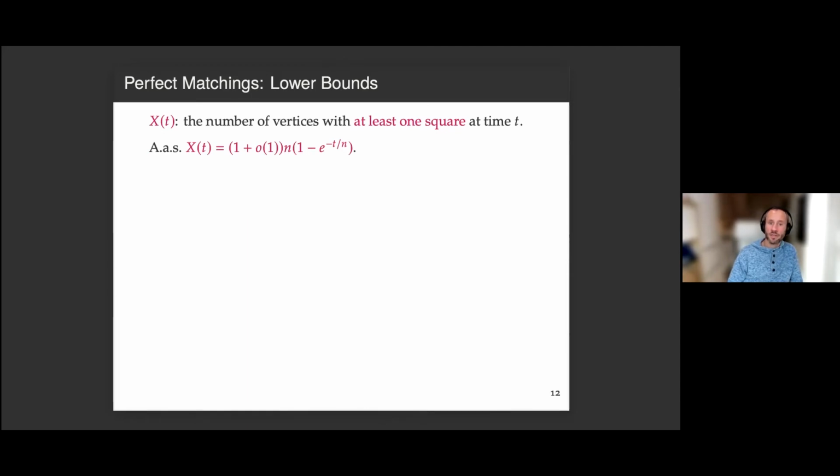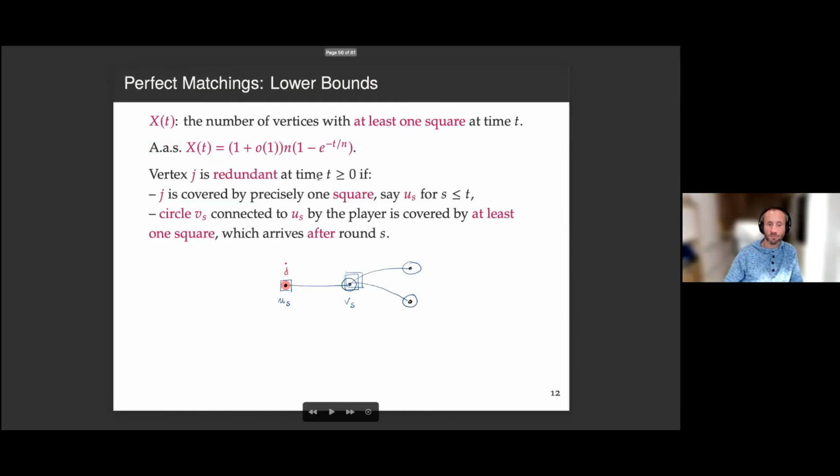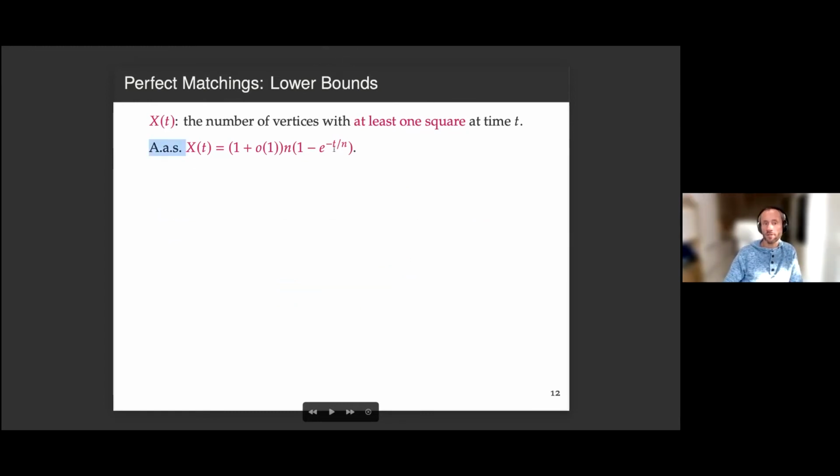Now we control a few things. One thing is we control the number of vertices with at least one square on them. And I mentioned you don't need anything fancy here. Just the second moment method is enough to show that this random variable asymptotically almost surely is going to be well concentrated around what we expect it should. So those vertices with at least one square keep increasing in size, and we know what's going on with them. But now on top of it, if I use just that one more time,